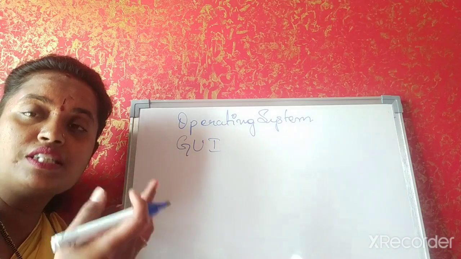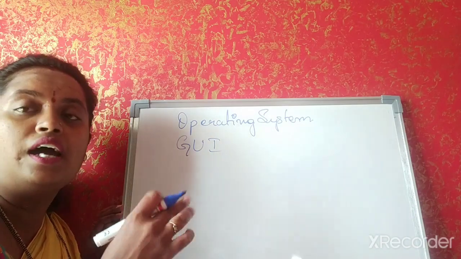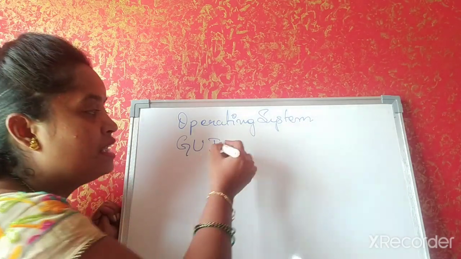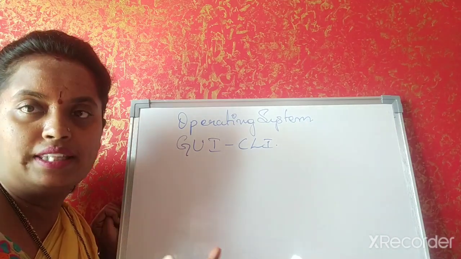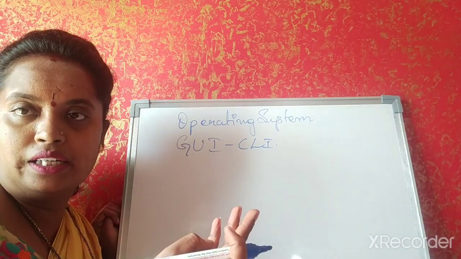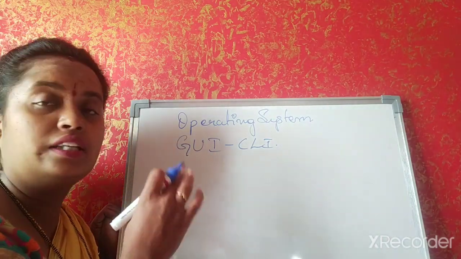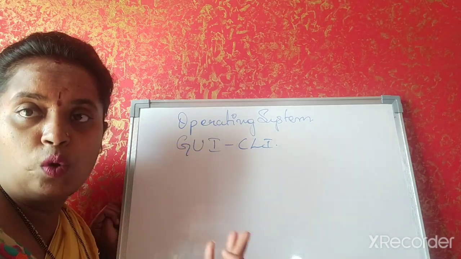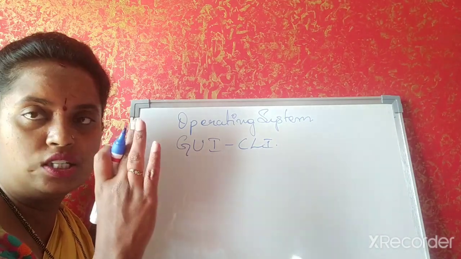So graphics, what are the graphics? The pictures, menus, icons, whatever you see on the desktop screen and to move around, that's the GUI. What are the advantages? Before this, what was used? CLI was used, command line interface, wherein commands were being given to run the system. Advantages of GUI: it is easy to use, there are no complicated commands, and you can explore the system very easily. Whereas the disadvantages are, it takes larger space, more memory, more power, and more processing power. So those are the advantages and disadvantages you have seen.